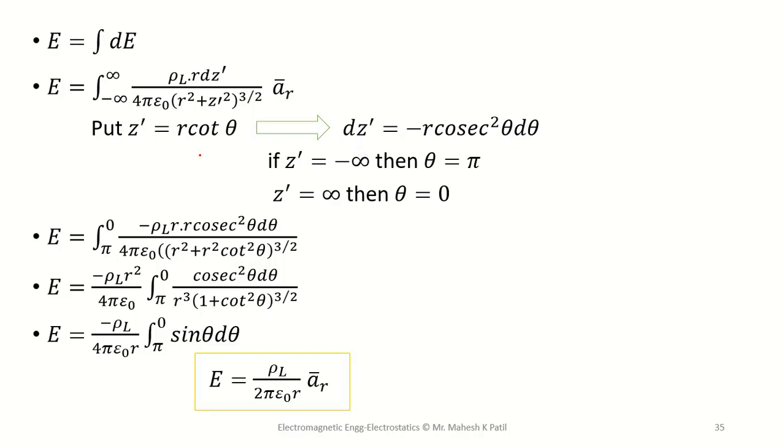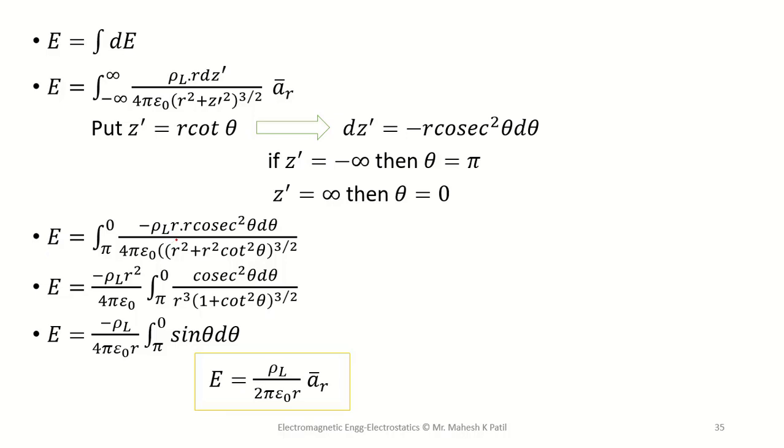So if we put z' is equal to r cot theta, then my limits will change. If z' is equal to minus infinity, then theta is pi, and for z' equal to plus infinity, then theta is equal to 0. Therefore, by changing the limits and putting that substitution, we can write E equal to the integration from pi to 0,